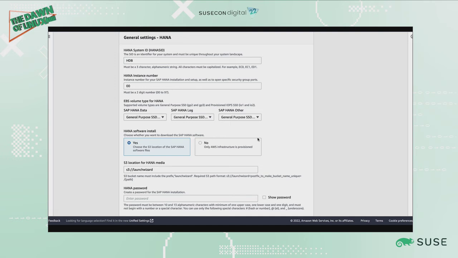The following options allow you to add the HANA SID, HANA instance number, as well as selecting the type of storage used for the different HANA volumes. The HANA software install allows me to select the option to install SAP HANA software or to only provision the AWS infrastructure. I will select yes to install the HANA software,